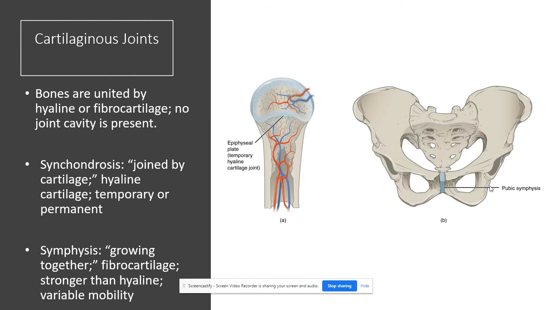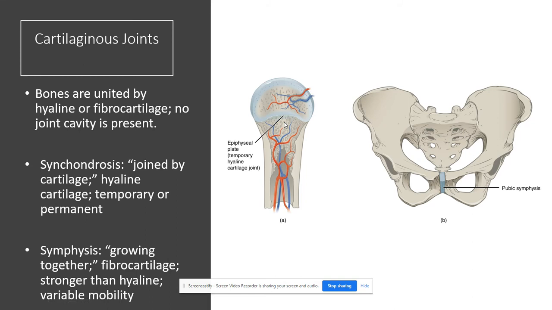The next type of joint in our structural category is the cartilaginous joints. Again, these bones are united by either a hyaline or a fibrocartilage type of joint. Again, there is no joint cavity present. The synchondrosis type of joint is either temporary or permanent. Here, you'll see the presence of an epiphyseal plate where the hyaline cartilage is being produced. Remember, this is present during the